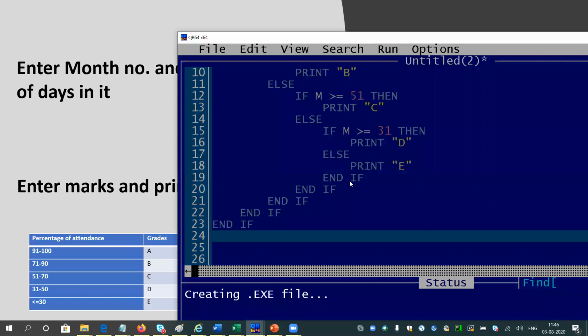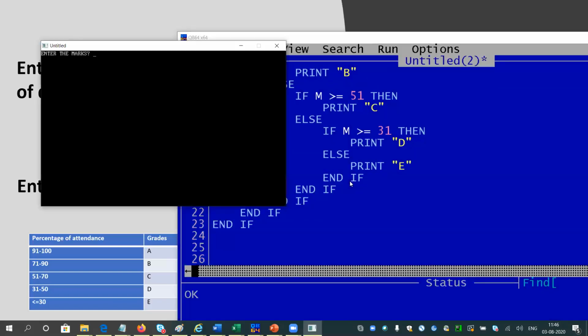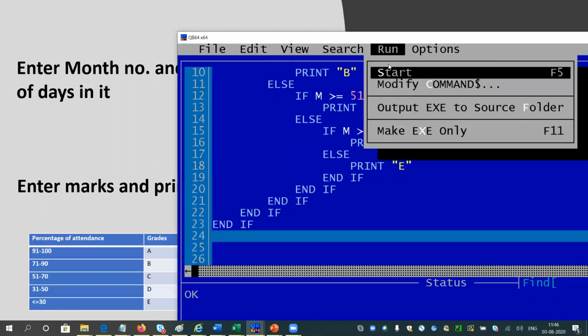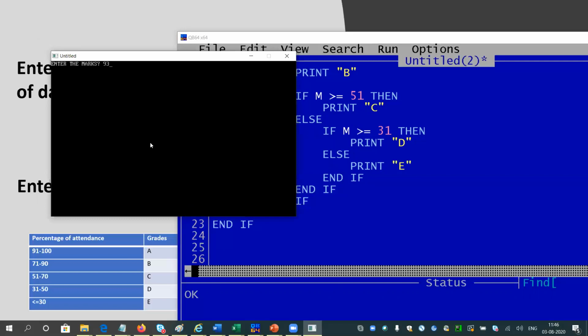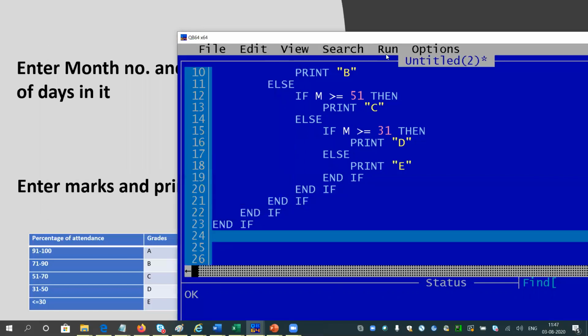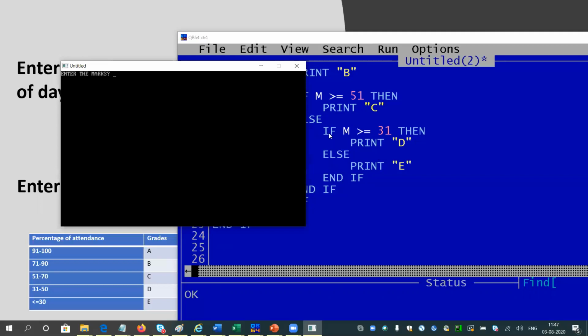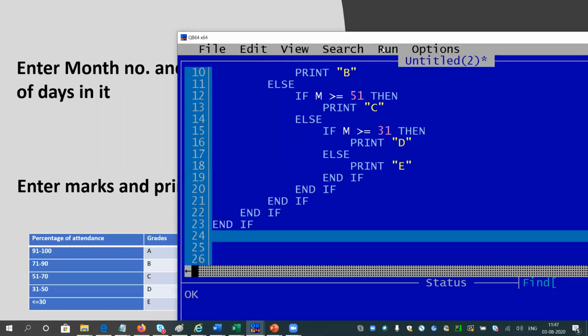It is taking some time. Now the computer will give me the grade. I will input the numbers, like let me input first 200. I got 200 marks, the computer will say invalid marks, because no one can get more than 100 percent. Suppose I have received 93, it will say your grade is A. If I give a number like 75, I got 75, it is B.